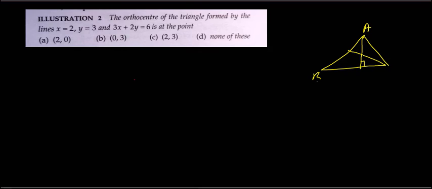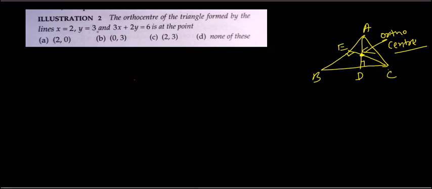Let's suppose this is triangle ABC. You have drawn an altitude from vertex A to side BC, right? So AD is your altitude. Let's suppose you are drawing a perpendicular from vertex C to the side AB at point E. So CE will also be your altitude. So this intersecting point where CE and AD, that is where the altitudes are intersecting, this is called the orthocenter. Okay, just remember this.